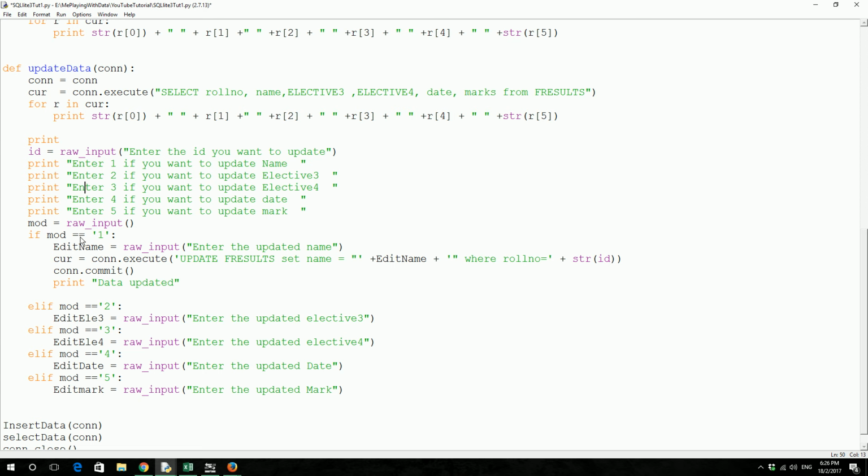If mode, you could call it anything you want, equals 1, then you want to update the name. So enter the updated name. It's also a raw input, it's a string, so you could just get it as a raw input. It's going to return a string, and then now the cursor comes in again. Cursor equals con.execute, update,